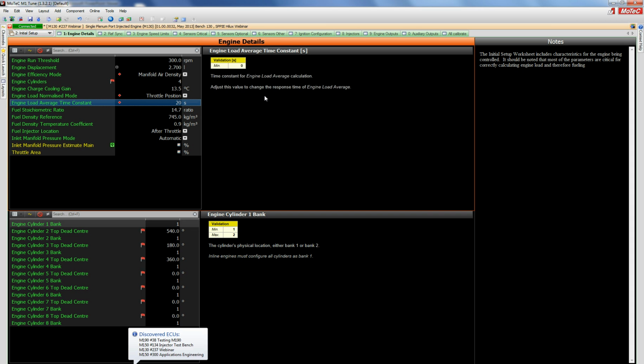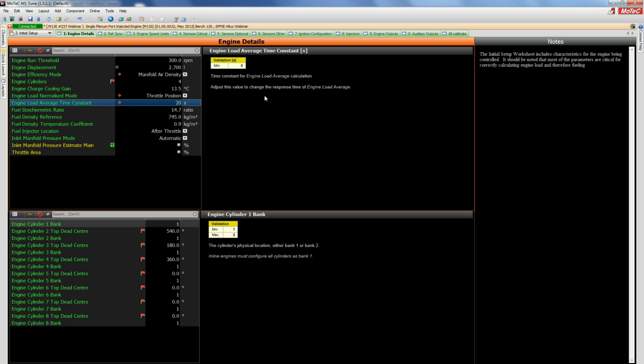So if we had something like a circuit car where we're spending a lot of time on 100% throttle, you can imagine that the engine's being used under high load a lot more than say an engine that's been driven around the street. So what we're saying here is if we filter that engine load channel, we get more or less an average,